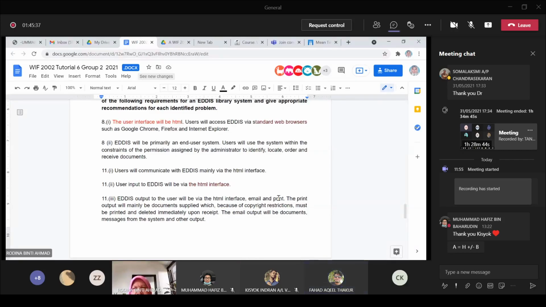Even when they said web browser, that is also inadequate, right? Why? Because he just mentioned web browser. Right now we have so many versions of the web browsers, right? Yeah, so we can specify the versions. That can help to be more specific. What versions can be used? Okay, any other things that are incomplete for